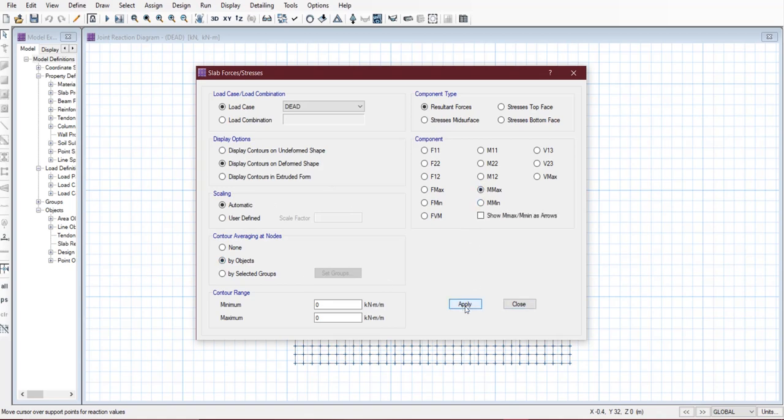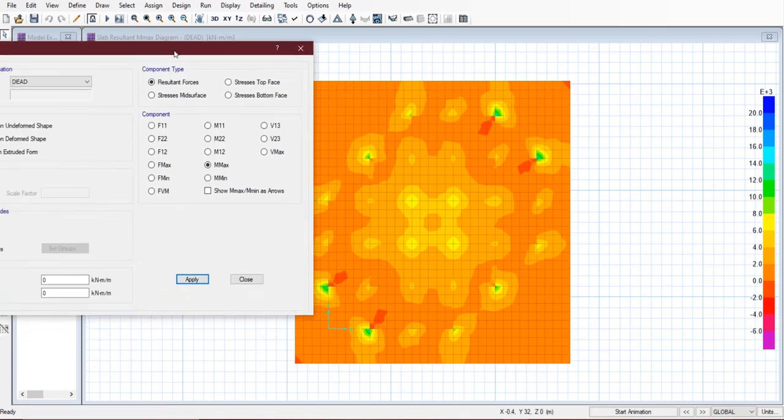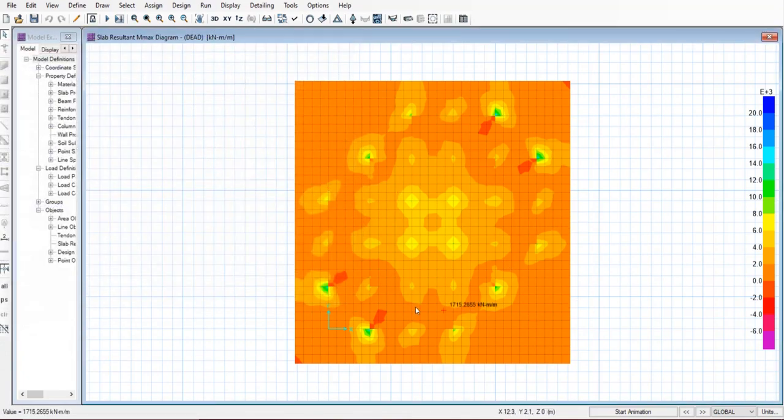Here we will select M max. Here you can see the maximum moment like this. Note that the moment is in kilonewton meter per meter.